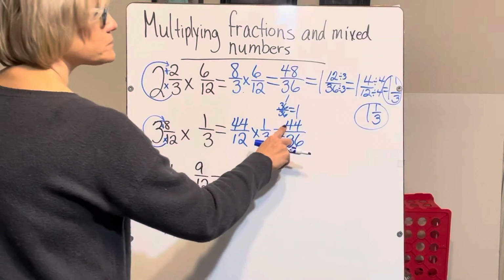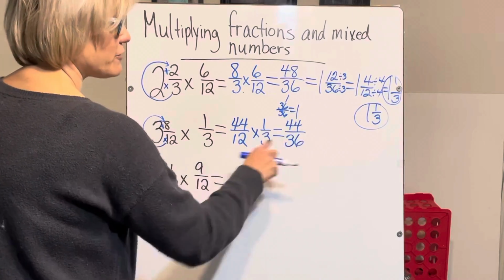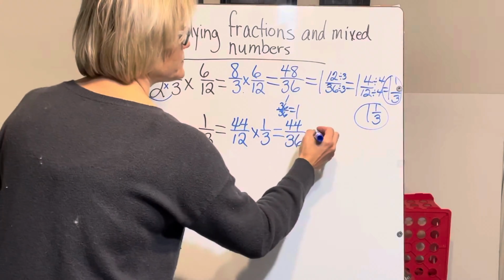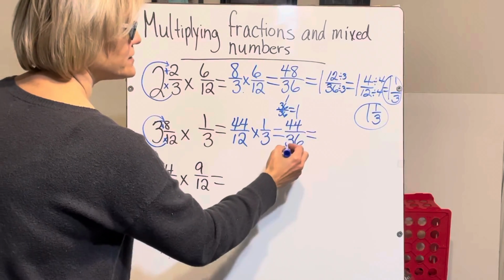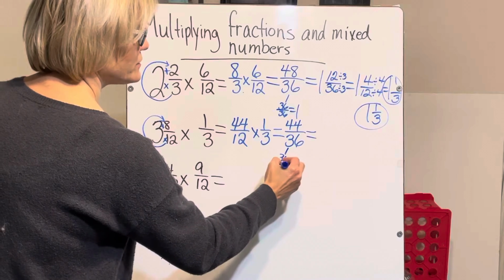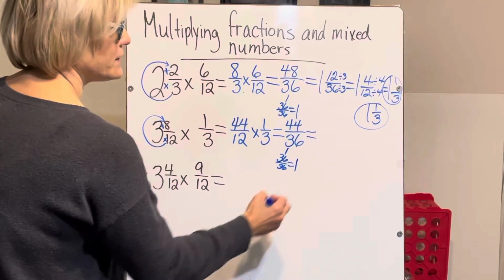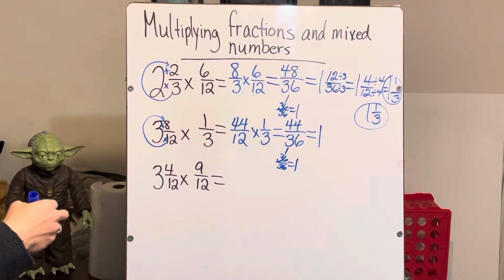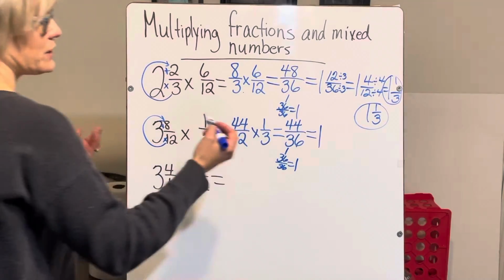So again, I have an improper fraction, so I need to change that and make that into a mixed number. So I know that I can take 36/36 out, and that equals 1. So then what am I left with? So how many 36ths am I left with? Well, I'm left with